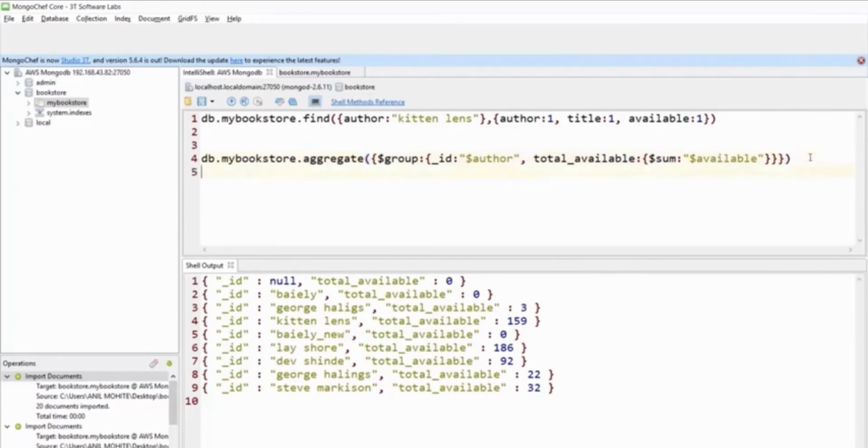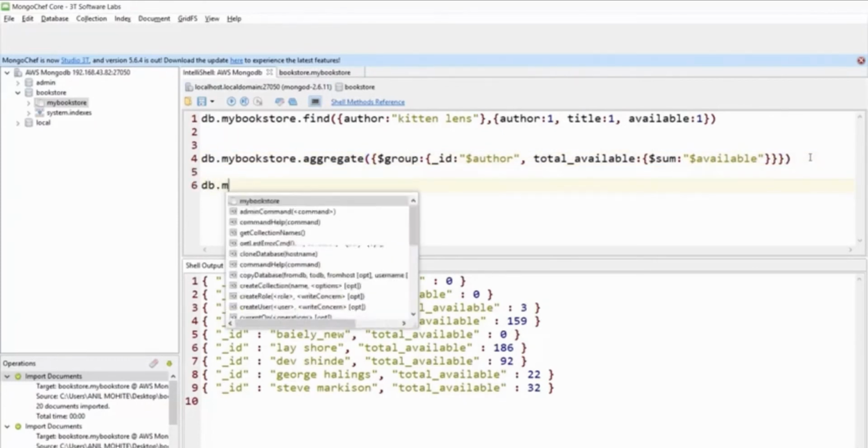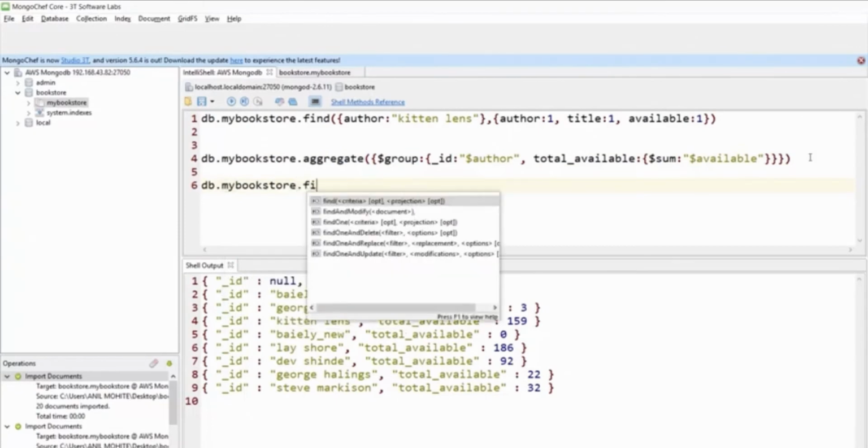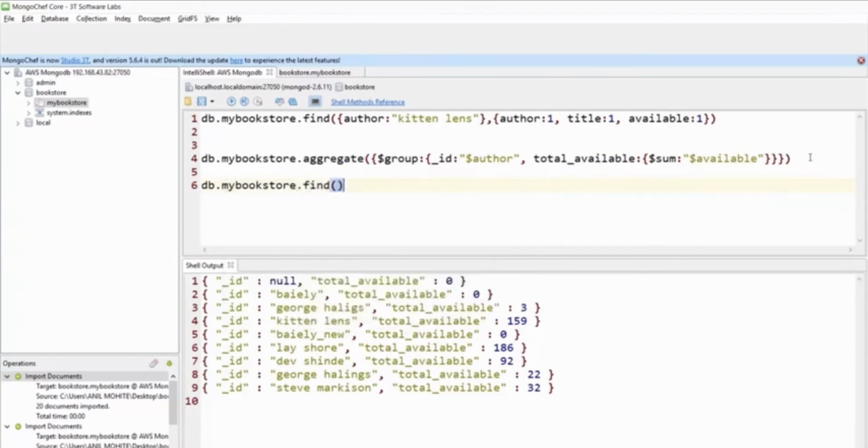Now I'll fire another find query, db.mybookstore.find, with no criteria, but the projection says give me title and give me category.